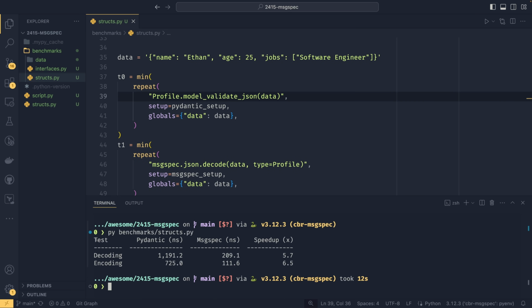And as you can see in our table down here, msgspec is 5.7 times faster at decoding this very, very simple example. I will hasten to point that out. And 6.5 times as fast at encoding. I will put a link down in the description for msgspec's official benchmarks, which go into a lot more detail, especially when it comes to JSON serialization and deserialization libraries,